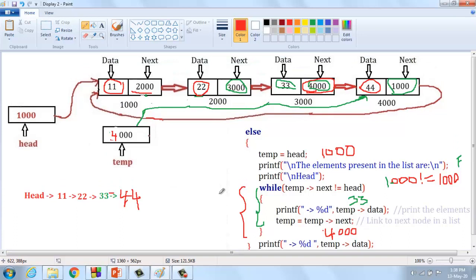This is the proper way we can traverse each and every node, visiting each and every node present in the list. Then after that they print the statement using temp of data. Temp plays an important key role. Temp can identify the element present in each and every node and print it using temp of data. Temp of next is used to point to the next node in the list. This is the way we print the elements in a circular singly linked list.